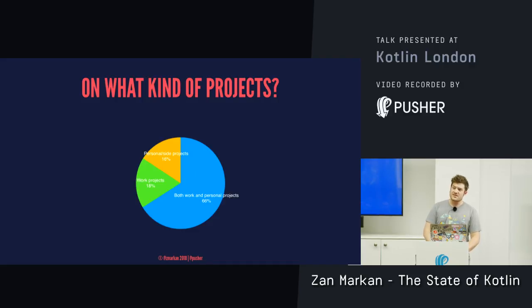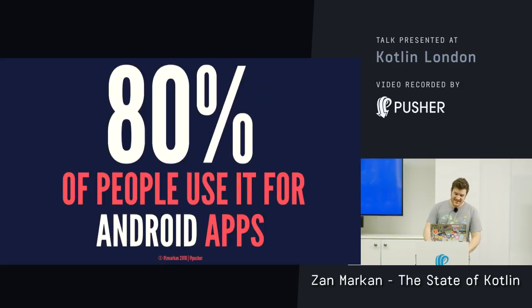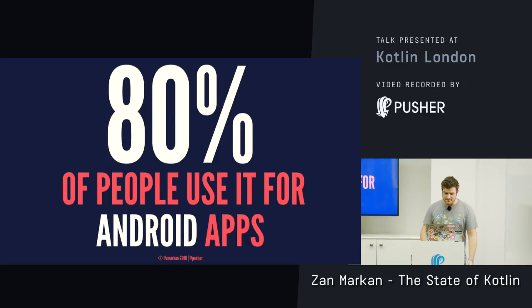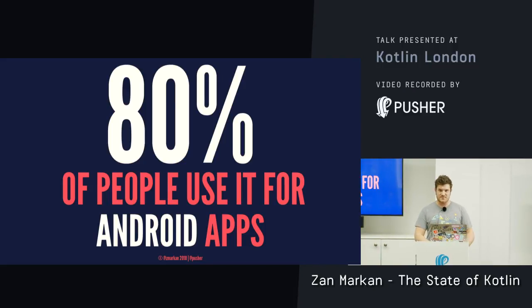Out of curiosity, how many of you are Android developers? That's about right. A lot of hands went up. Because according to the survey, 80% of people use Kotlin to build Android applications. It doesn't surprise me at all because it's very popular in Android, and the ecosystem has been stuck with quite an old version of Java for a very long time.